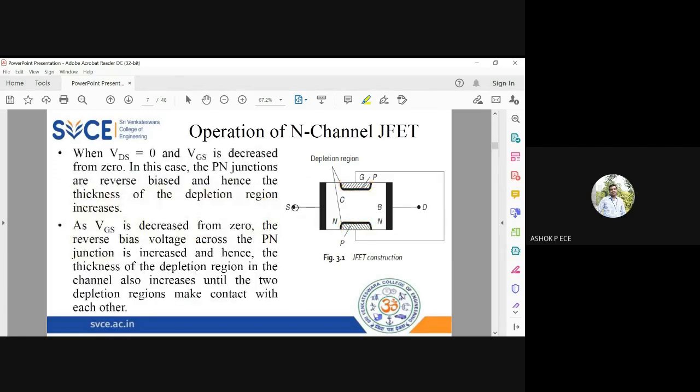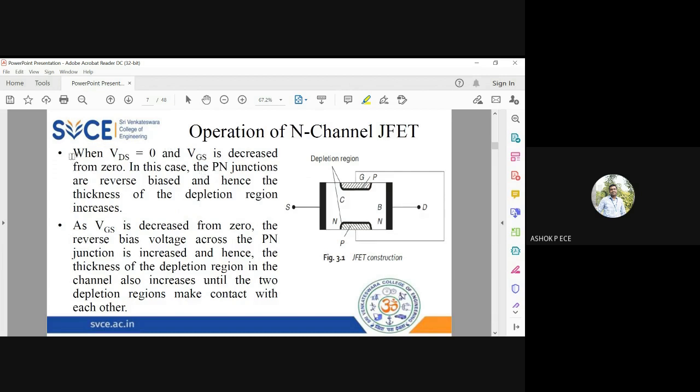See the second case. Since I have two voltages in this device, to analyze the behavior of the device, I cannot vary both. So I have to keep one voltage fixed and vary the other voltage. Then I have to keep the other voltage fixed and vary the first voltage. That is how I am going to calculate the characteristics of JFET.